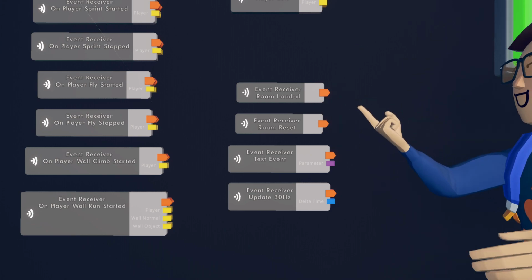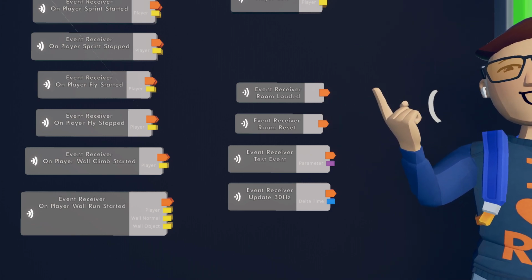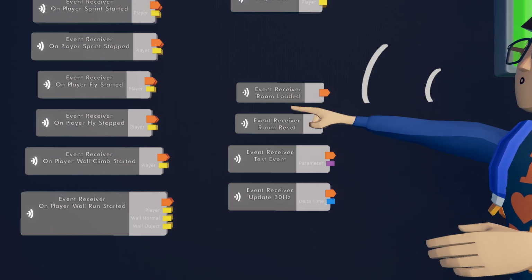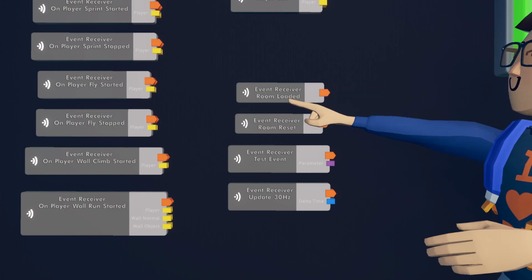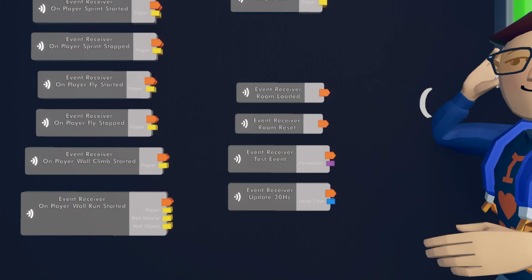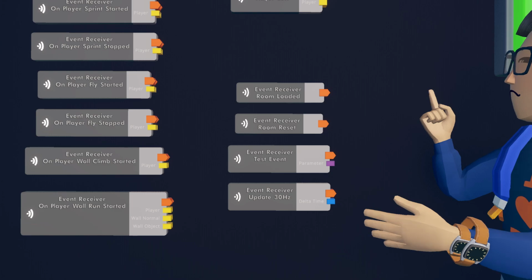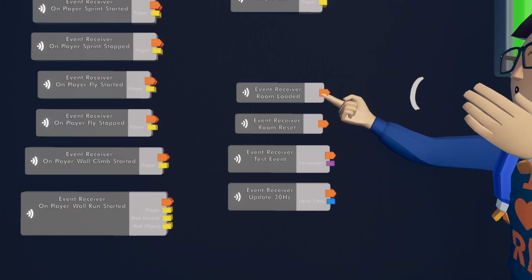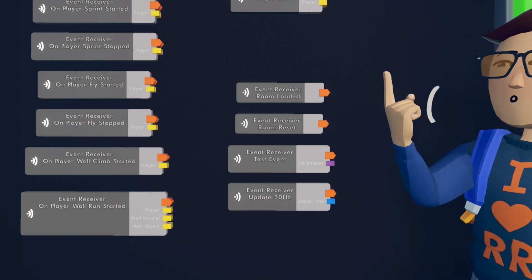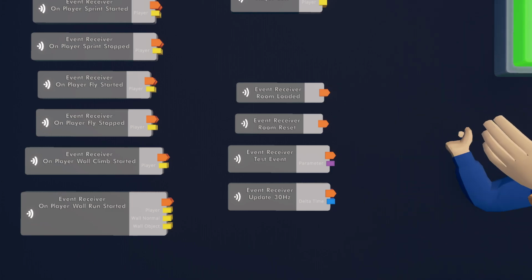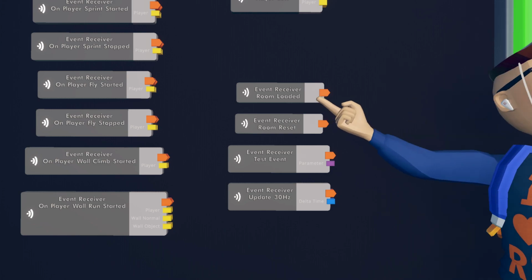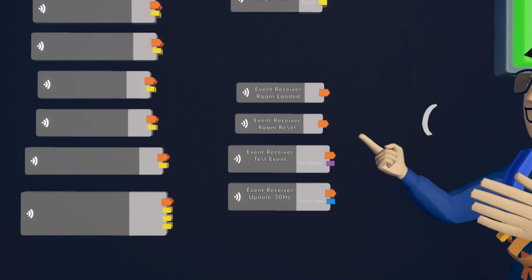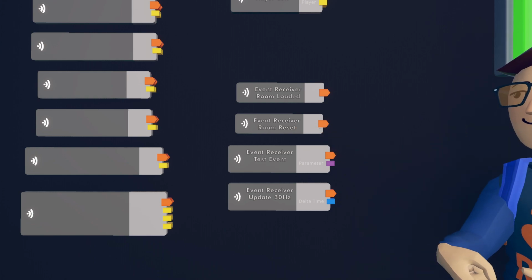So if you had, for instance, a text component and you wanted to show the current date on the wall, you could load that into the event receiver. So you'd say event receiver room loaded, and then you'd have some logic to set a text component to the date. And then that would just be set for the rest of the instance. I believe this also runs if you do a room save, but that's usually not too important. Does this run if you do a room save, or is that just reset? It does? Okay, cool.